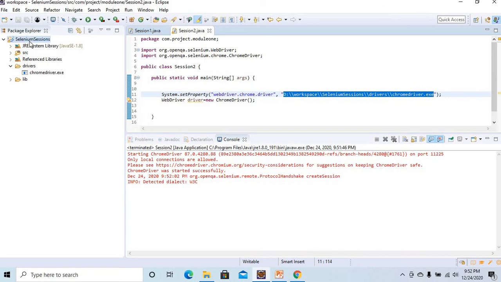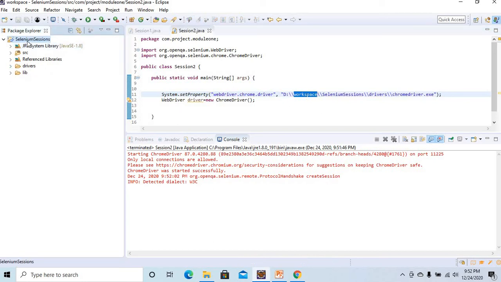If you share or export the project and someone else imports it, the location of ChromeDriver is wrong for them, because not everybody has this particular path. So we need to give a dynamic, relative path. In Java we can directly get the location of your user directory, which is your Selenium sessions folder.